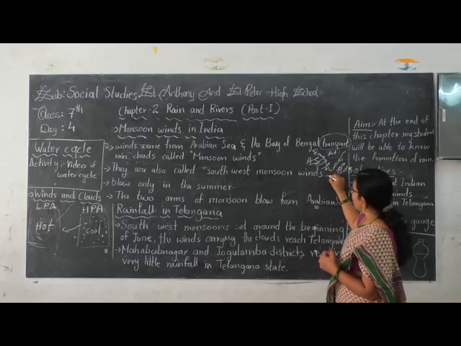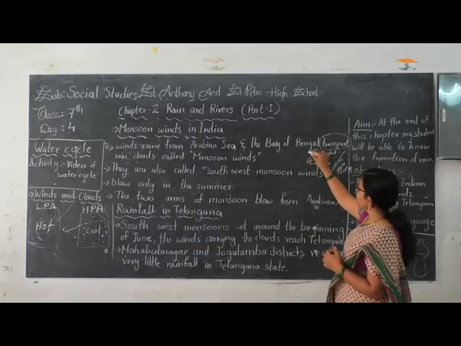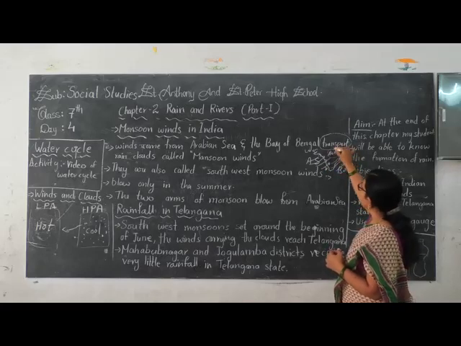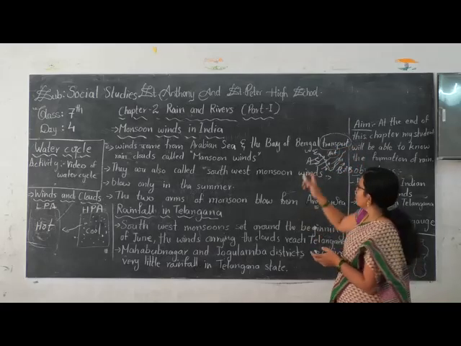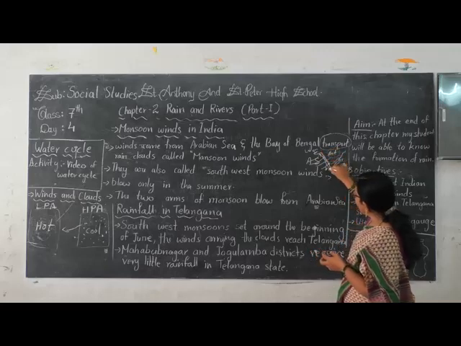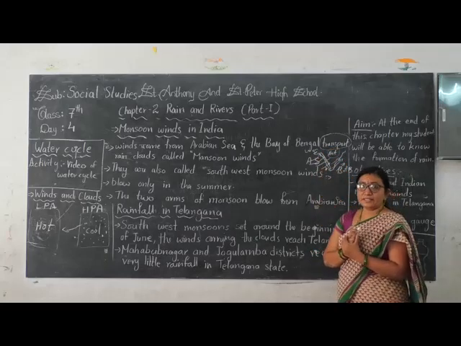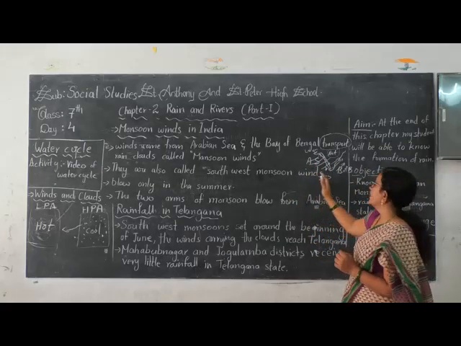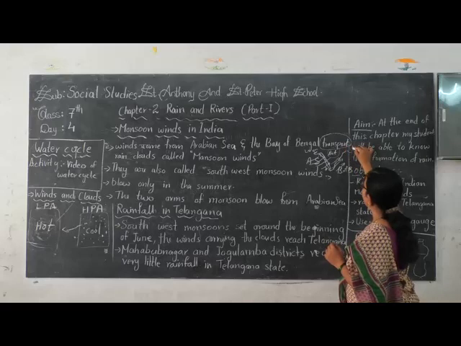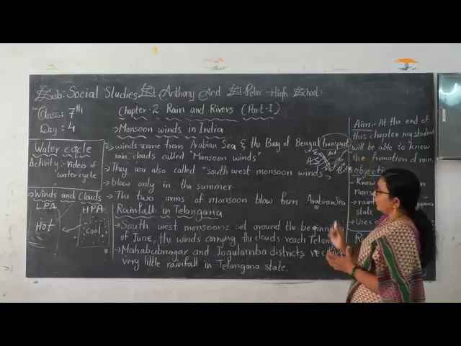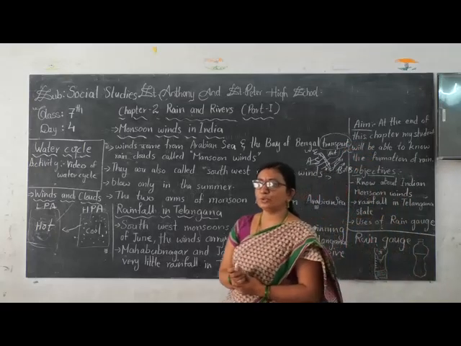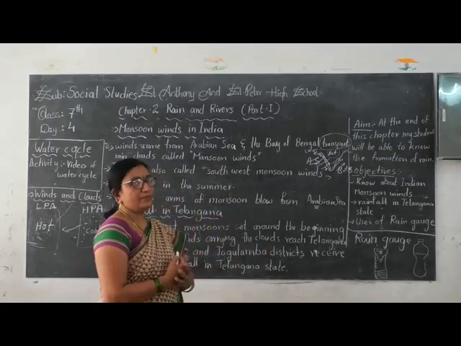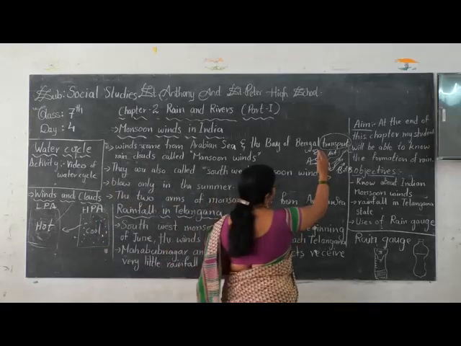So this is the south and this is the west. Since the winds are blowing from this direction, we call them southwest monsoons. Mostly the coastal region of the west gets rains due to these southwest monsoon winds, and also parts of east India receive heavy rains due to these winds, and this process reverses in winter when the winds blow